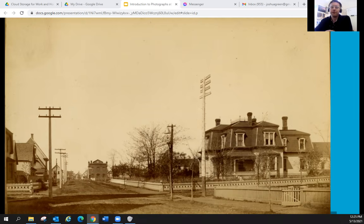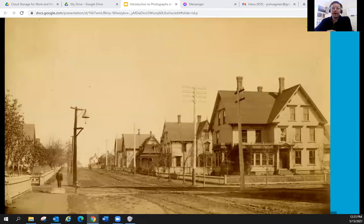We still don't know much about these, but if you can help with more info, we'd definitely be appreciative. This one, we're looking at Victoria Street looking west. This whole series of photos, the little series we'll be looking at here from this Free Public Library, were all taken by C.E. Northrup, likely between 1886 and 1900. Here's Alma Street looking north from Queen Street. You can see a blurred man on the left, and they've got, I think, dirt sidewalks and some lovely houses